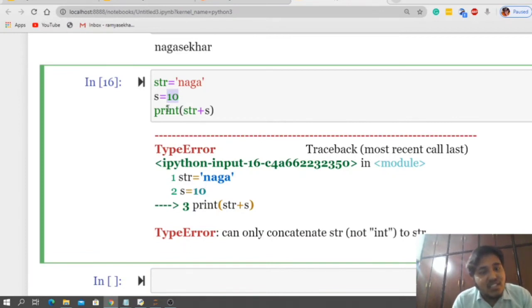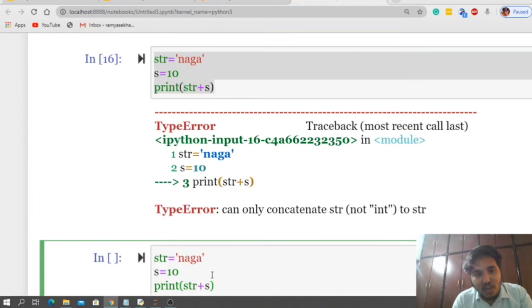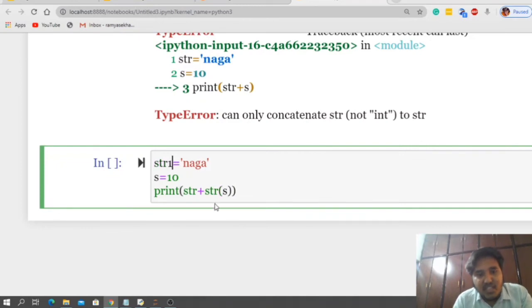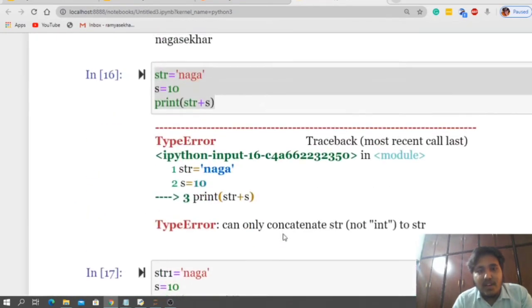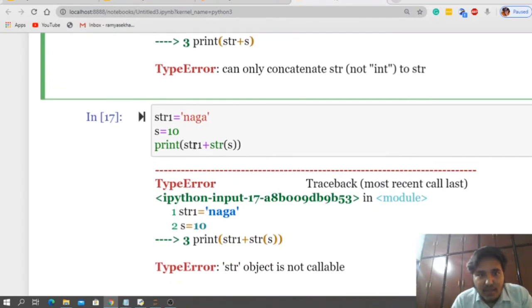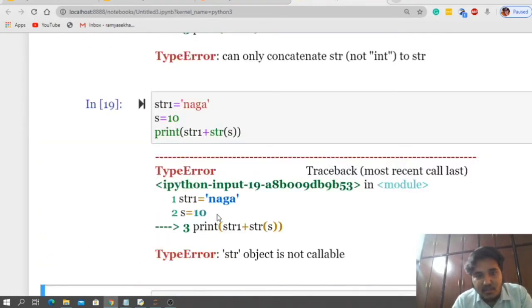So how can we add this 10? If you want to add it, how can we do that, guys? Let me copy this entire thing. If you want to add, what I can do is make str of 10. Is it clear? So let me change it into str1. Okay, see here, str is not callable because I have declared this str, right? That is the reason we are getting this. What we can do right now is change this value to str1. Now let me execute, and I am getting the same error.